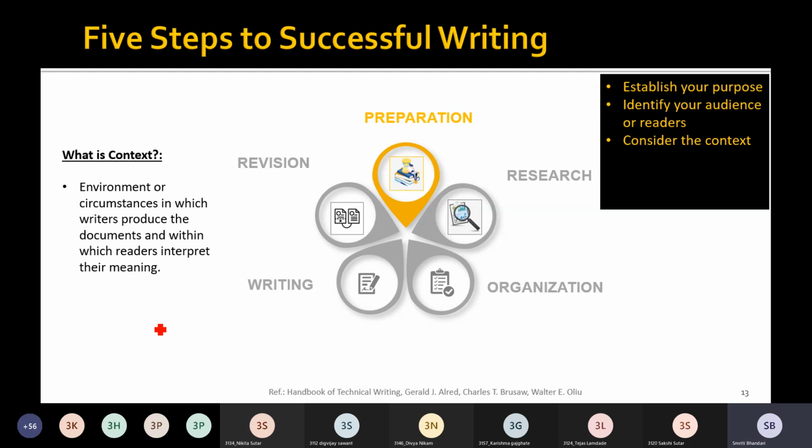Depending upon the answer to this question, the context is determined. So if the company already has facilities from the past, versus if the company is for the very first time creating a new facility, the context is different, and accordingly the information that you are supposed to write in your document is different.